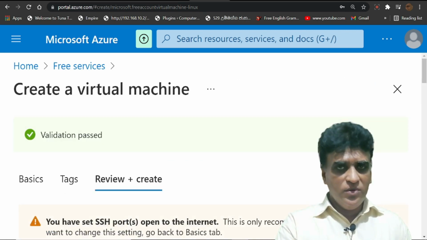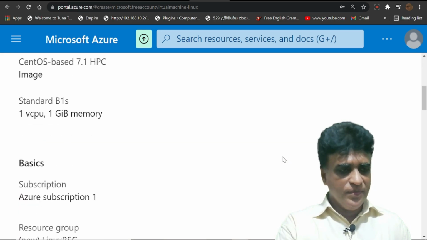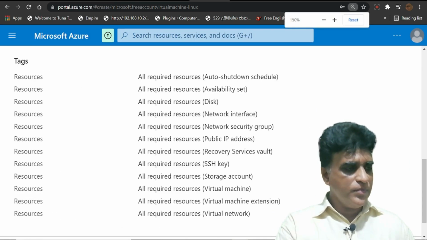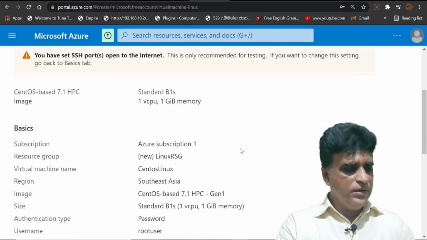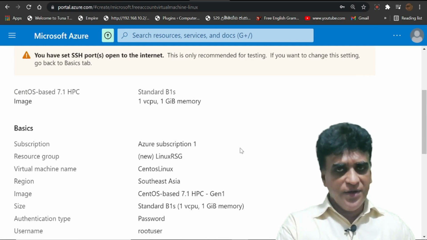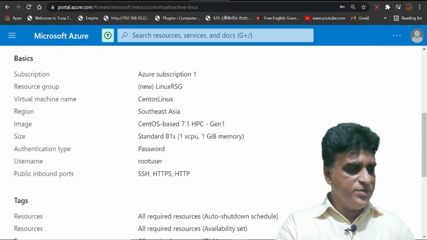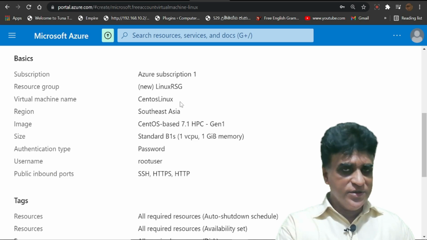Right, now we are in the last step. Now this source, what are the configurations? 1 CPU, 1 GB memory. This is the standard configuration we can get for a free machine. And the Azure subscription is this, and the Linux RSD, that is the resource pool what I have created in the installation process. CentOS Linux is the machine name, and Southeast Asian time region,